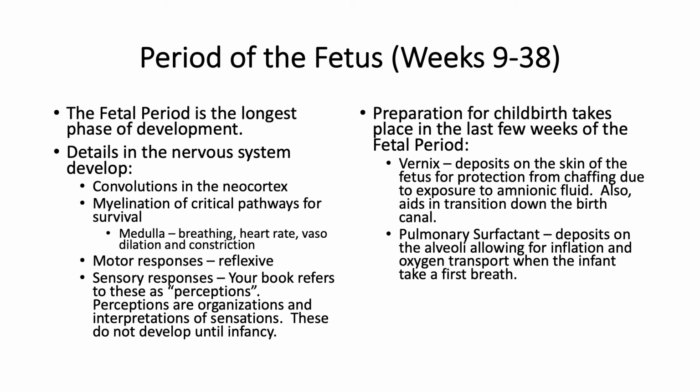Your book refers to these as perceptions, but babies don't have perceptions. Perceptions are organizations of sensations. Babies do have sensations, though, and so their sensations and the motor responses to their sensations are in the reflex arcs, and the motor cortex isn't functional in a newborn baby. Development and myelination of the brain is what causes voluntary motor control. And then eventually